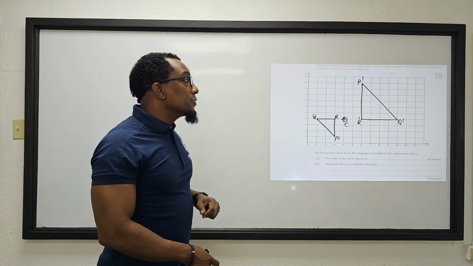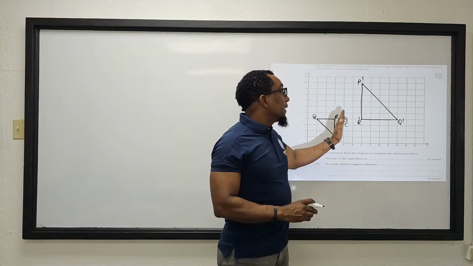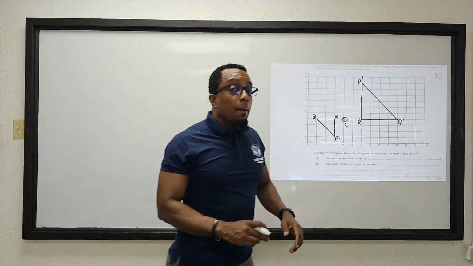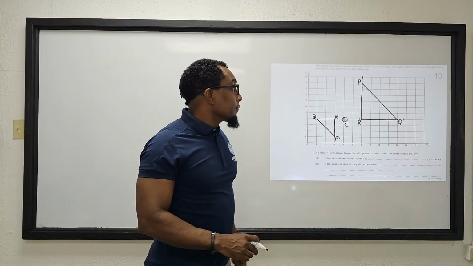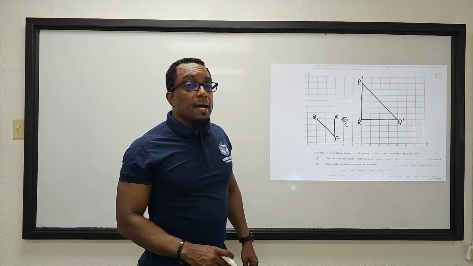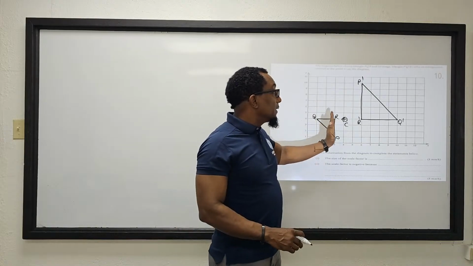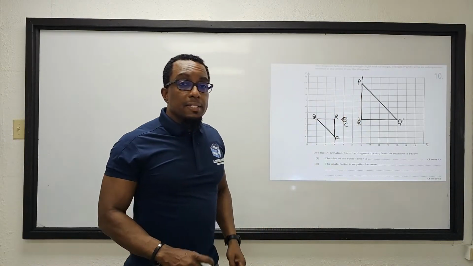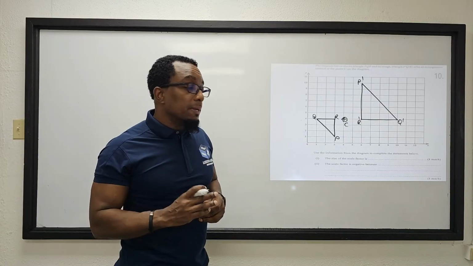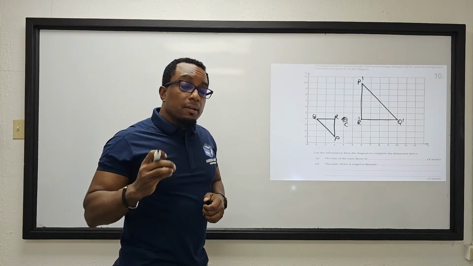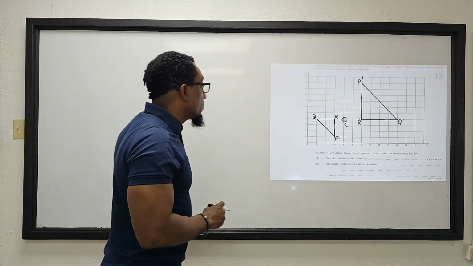The size of the scale factor is... now one thing to note, anytime the object and image are on opposite sides of the center of enlargement, this will answer part 2, then you expect the scale factor to be a negative value. If object and image are on the same side of the center of enlargement, then the scale factor will be a positive value. In this case, we expect to get a negative value. So part 1,